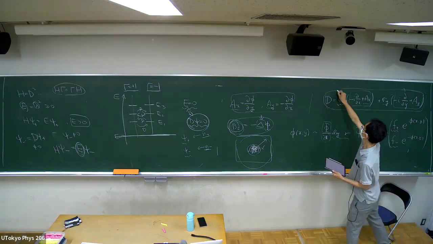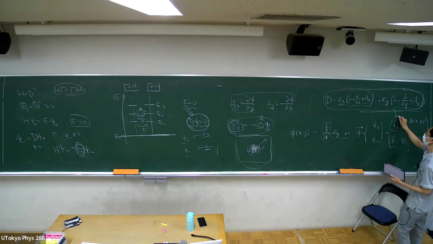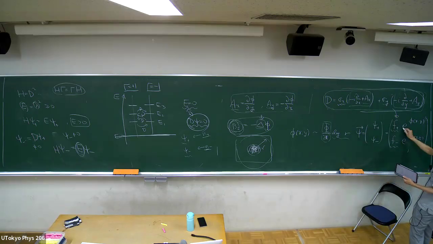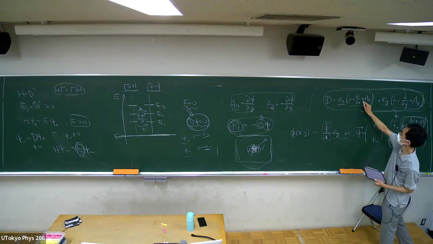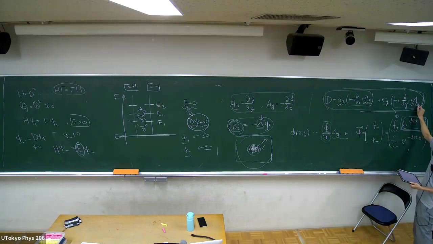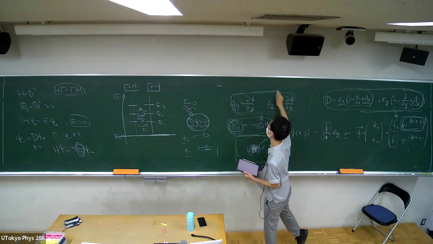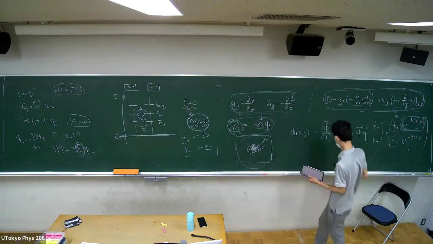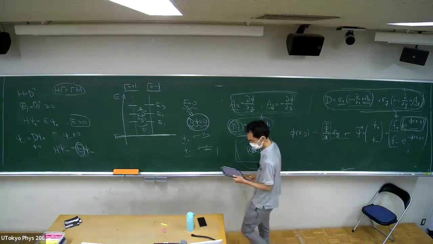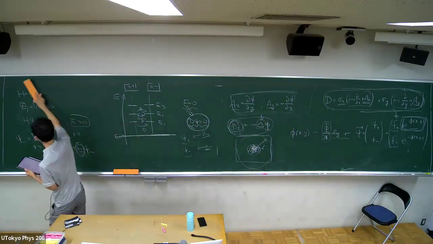And if you compute how d acts on this, this exponential cancels the contribution from ax and ay. So that's why I introduced this function phi. So if we do this,